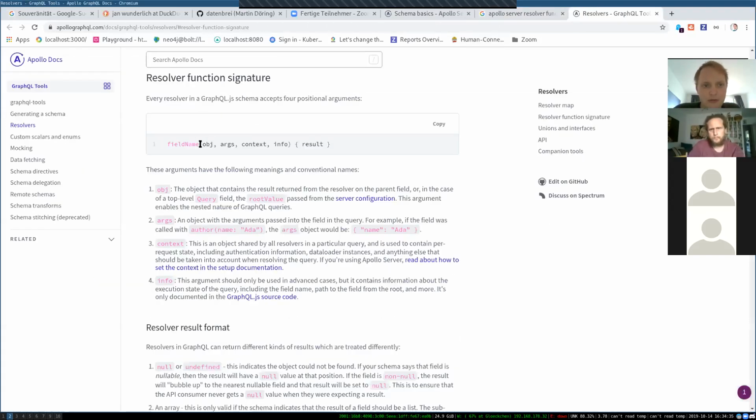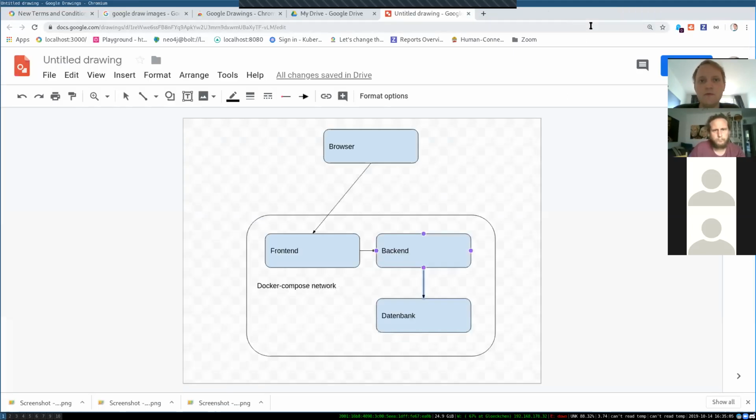So this is what I was talking about. You always have a signature like this. You have the name of the mutation or the query, and then you have 4 arguments and some kind of implementation. And this object here, maybe it's a little bit complicated to understand in the first place. We will see it later. This object is the so-called parent, or in this case called object, and refers to